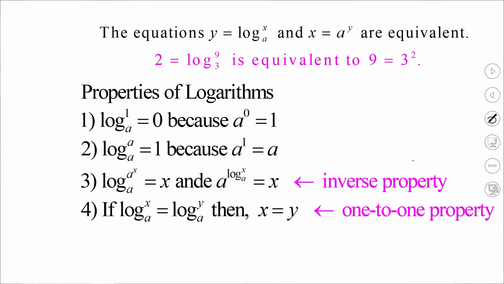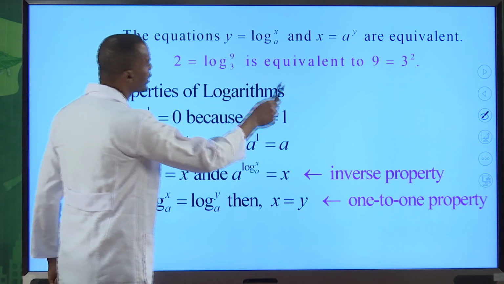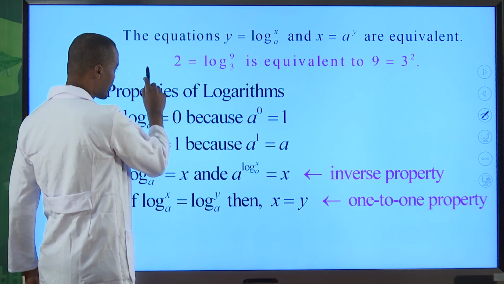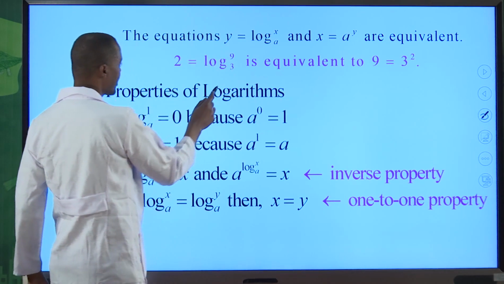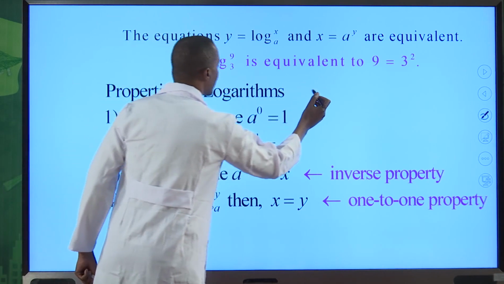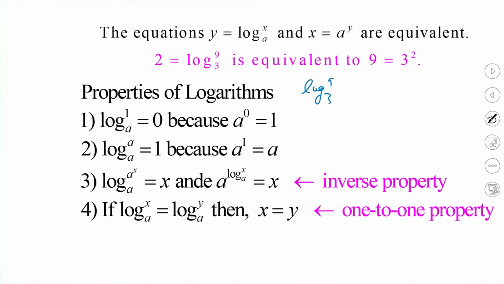So the equations y is equal to logarithm of x to the base a and x is equal to a to the power of y are equivalent, and if, for example, 2 is logarithm of 9 to the base 3, it means that 3 squared is 9. We have, for example, logarithm of 9 to the base 3 is equal to 2. Or we can write the base 3 to the power 2 is equal to 9,